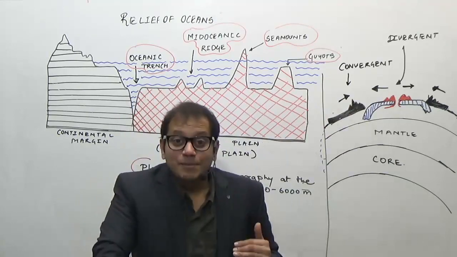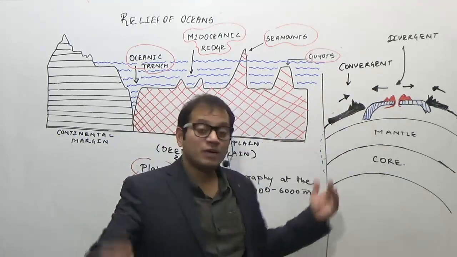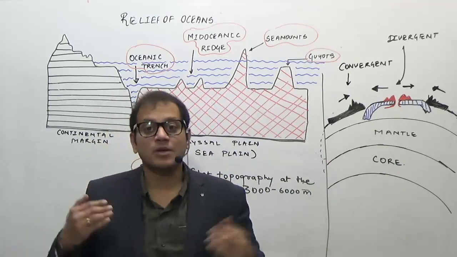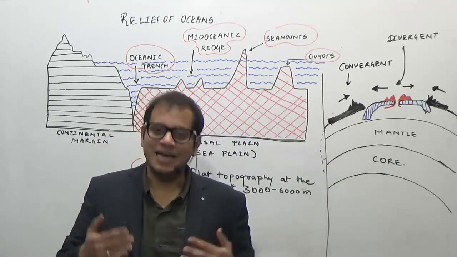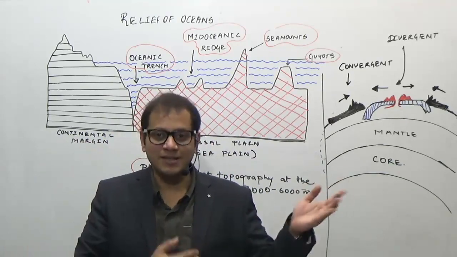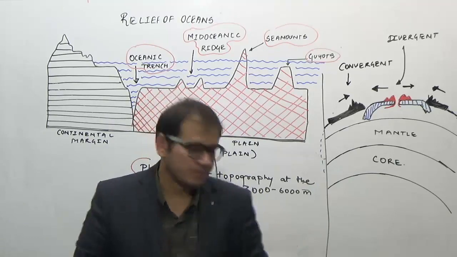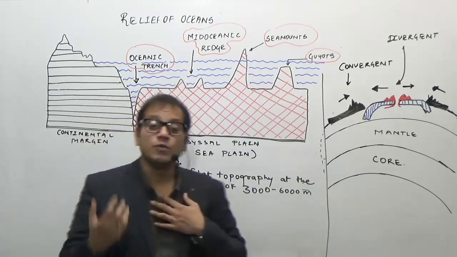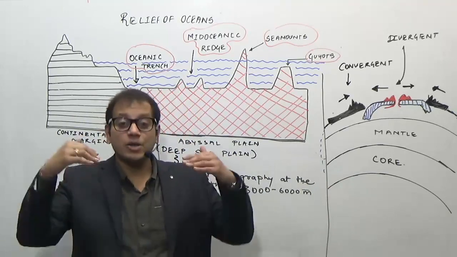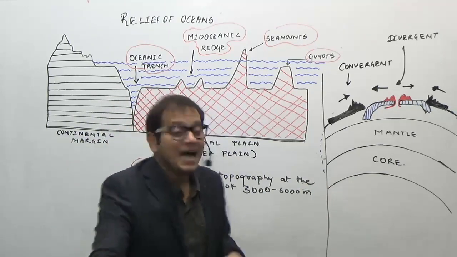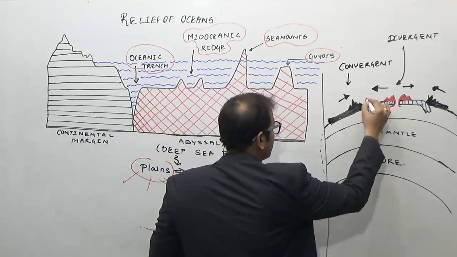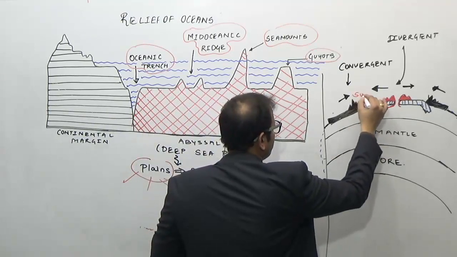The continental plate is lighter, and therefore whenever there is a collision, the lighter plate will rise upwards. It also means the heavier plate will go downwards. If something is rising, something has to go downwards. So the oceanic plate, which is heavier, goes below the continental plate. It goes below the continental plate at a point which is known as a subduction zone on the surface of the earth.